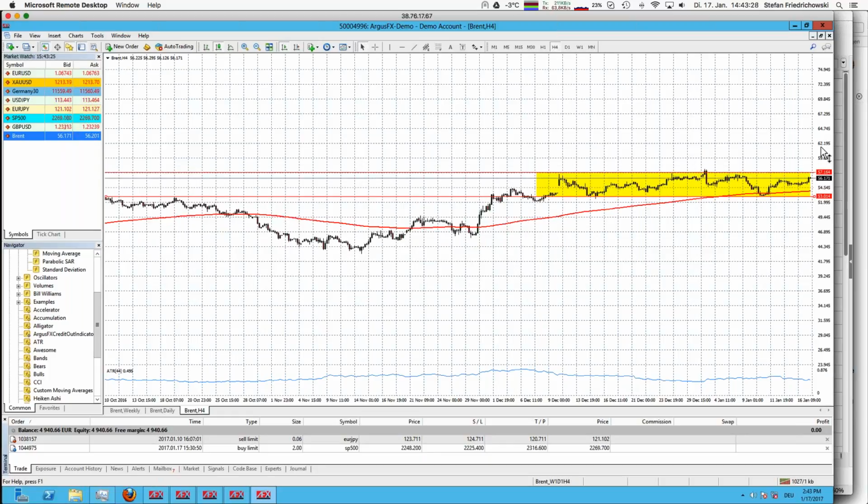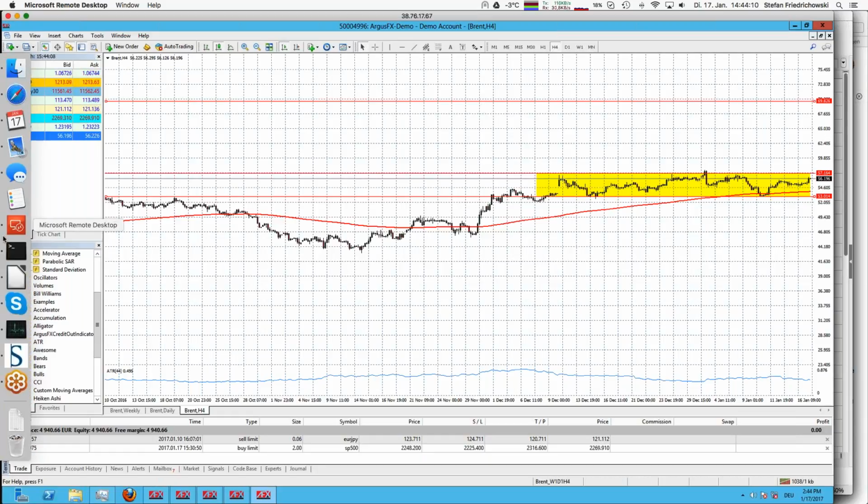And I do this simply in order to show myself whether, within a certain time frame, that level can be reached. Yes or no? So it's about here. And you see already, it's a little bit tricky. It's quite far away, that level. So it might be a good idea here to have a lower risk reward ratio in order to have the trade really coming to the take profit.